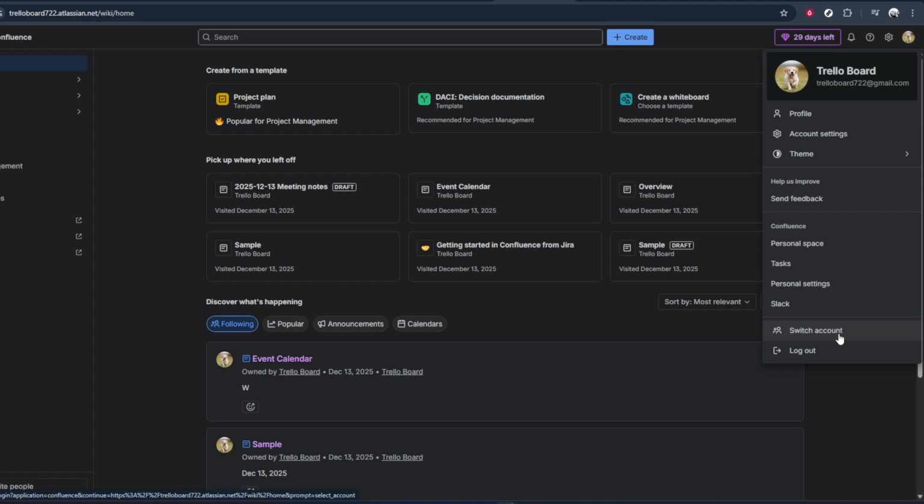First, make sure you've been invited to that Confluence site and that you've accepted the invitation using the same email address you're currently logged in with. If you use multiple emails at work, it can be easy to mix them up. Also, remember that your browser may cache sessions, so if the correct account isn't appearing, you might need to sign out completely and sign back in with the right